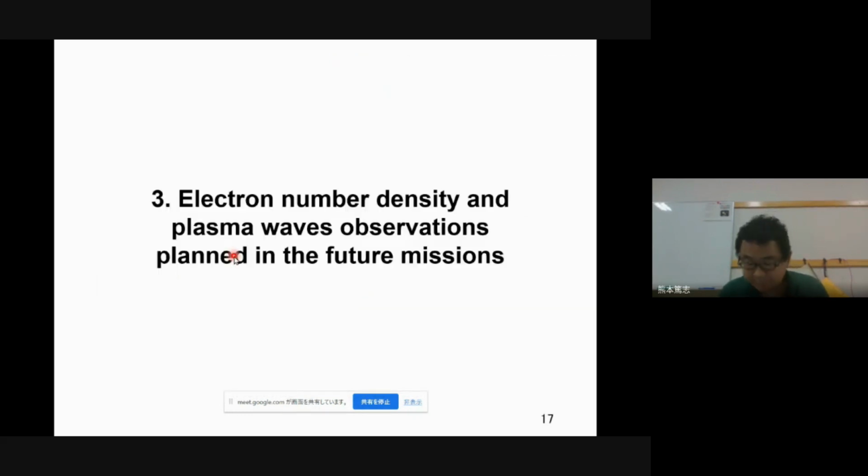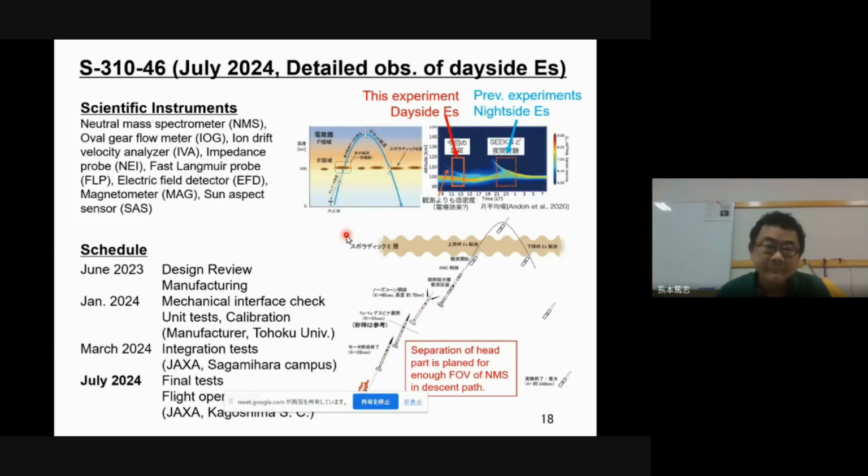Then we would like to move to the final topic, our plan for future missions. We are now preparing for the next ionospheric sounding rocket experiment in July 2024. The purpose of this experiment is